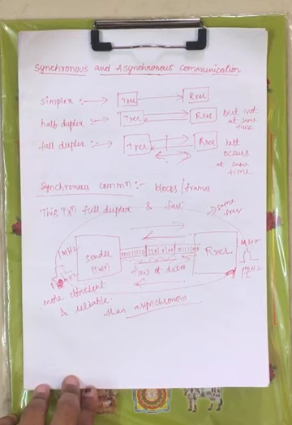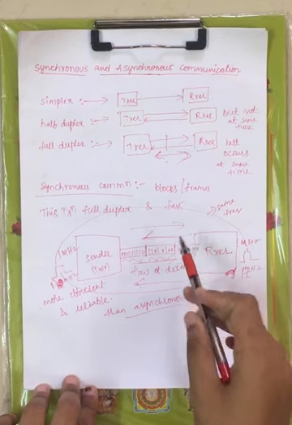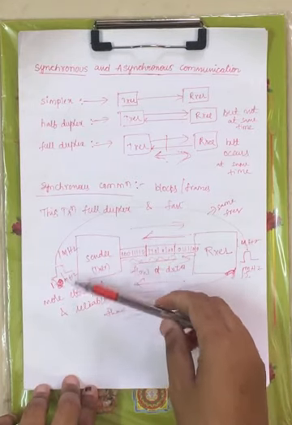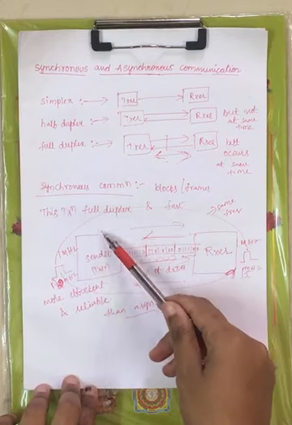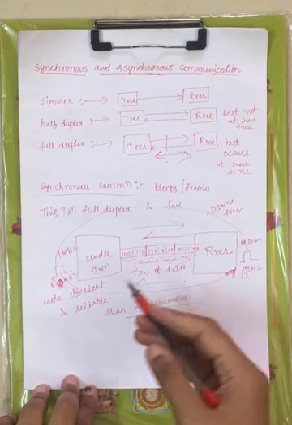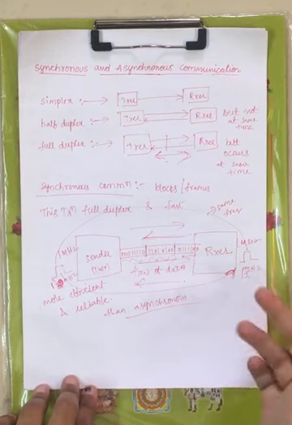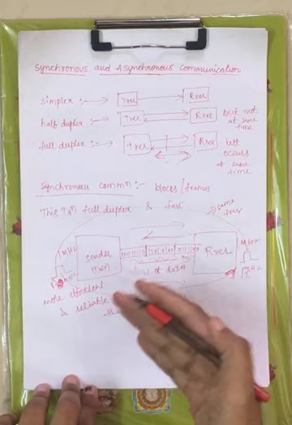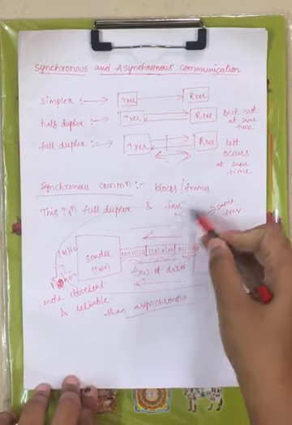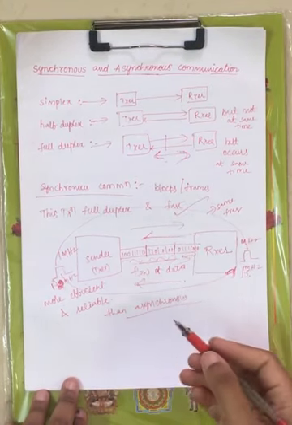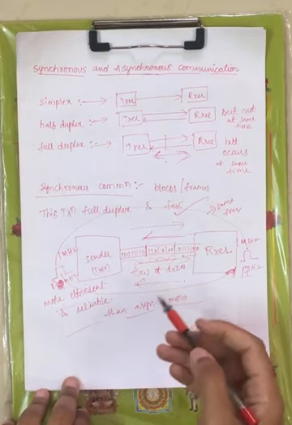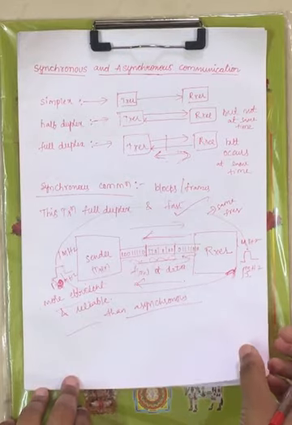Here the data is sent in the form of blocks or frames. Under synchronous communication you are sending the data serially, and it supports full duplex transmission, that means you can transmit and receive the data in two directions at a time. Since you are transmitting and receiving in two directions at the same time, it is fast. Within a less span of time, you can send a large amount of data. This is more efficient and reliable compared with asynchronous communication.